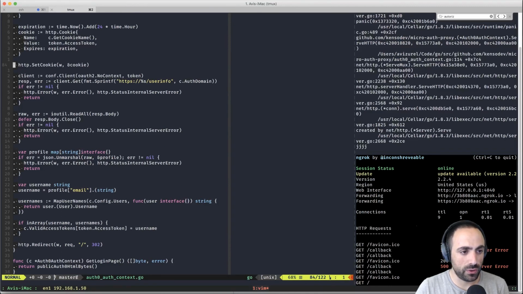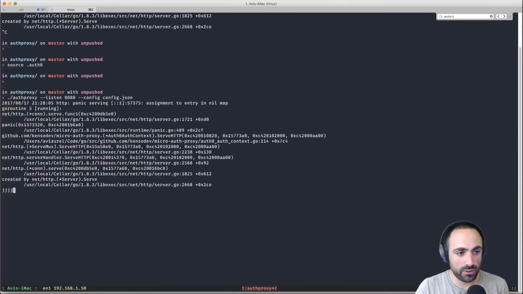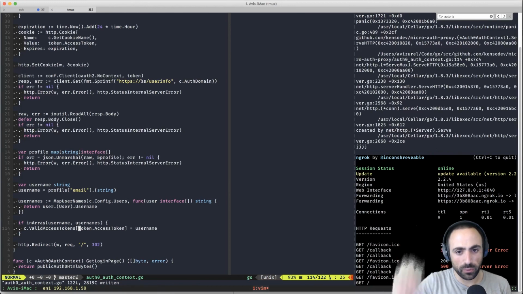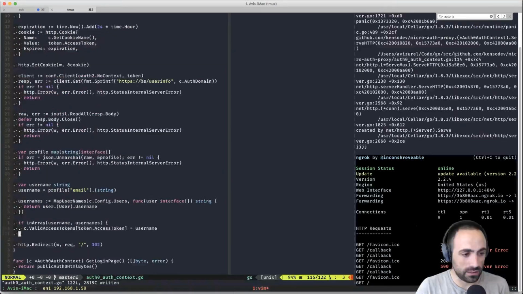So let's go and kind of start to say fmt.print. Oh, you know what? Maybe this crashed here. So server panic, Auth0 context line 114. 114 here. What? How could it be 114? It doesn't make sense that it's 114.